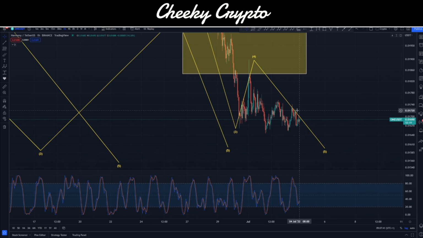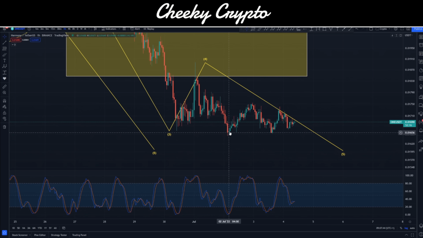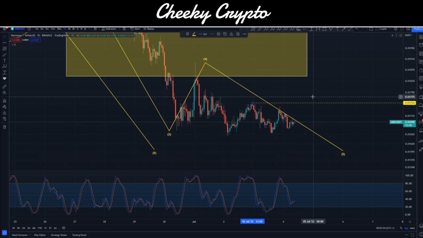So I would say that we're probably just about looking to finish our wave 2 maybe. Yeah, we'll probably have that. So if I go ahead and throw this on here, we've probably got a little bit of room to the upside to be had. Probably over today we'll come up, we'll look to go up higher than 1.754.